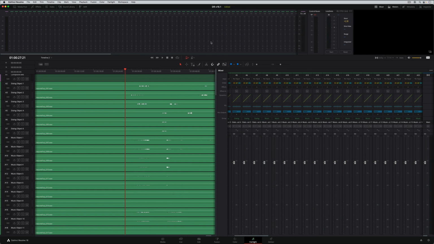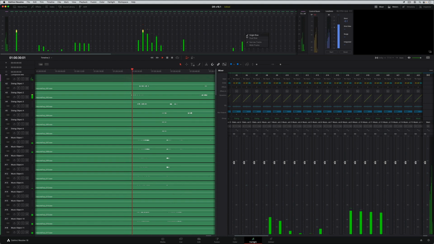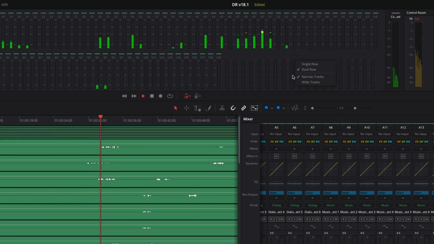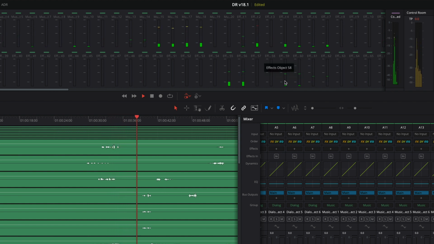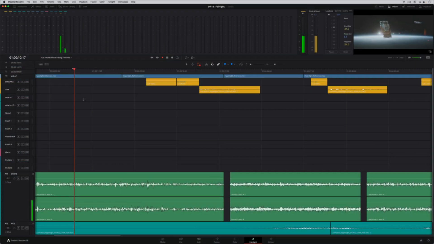There are so many new features added to the Fairlight page in DaVinci Resolve 18.1. Many of these features are based on user requests. We have a new option for wide track meters and now show track name tooltips in the monitoring panel and mixer. You can now